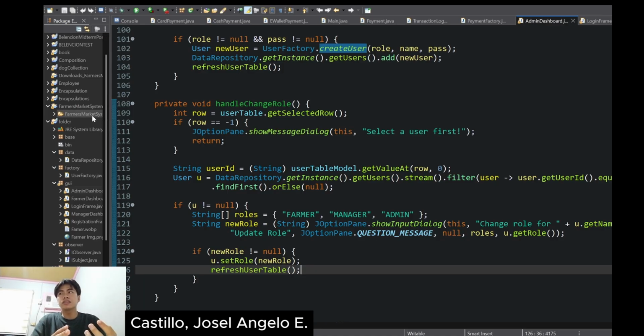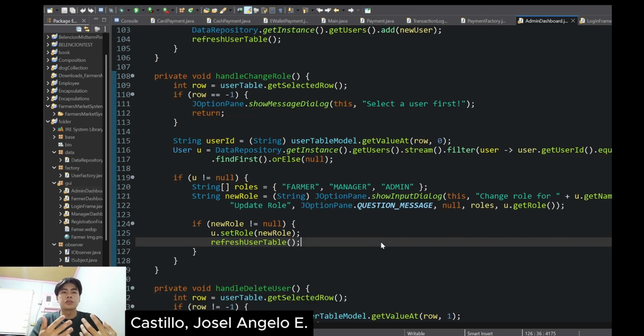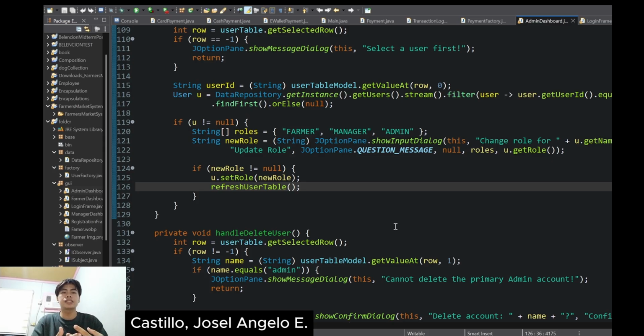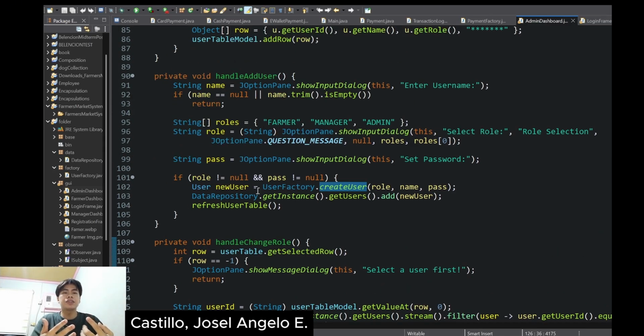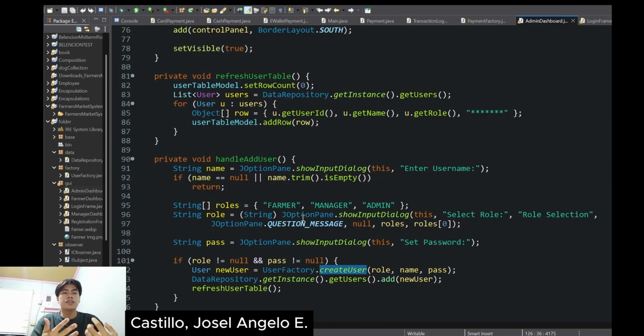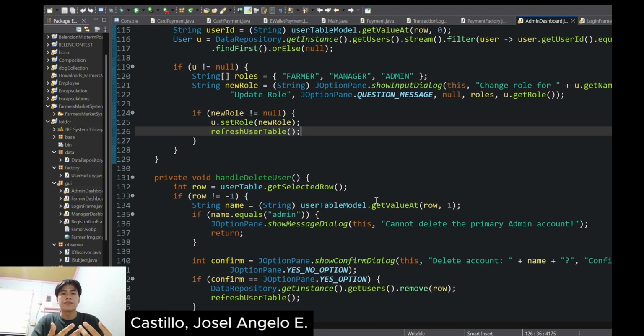For updating user roles, the administrator must first select a user from the table. The system then retrieves the corresponding user object and allows the administrator to assign a new role through a dialog box. Once updated, the change is applied using a setter method and immediately reflected in the table.